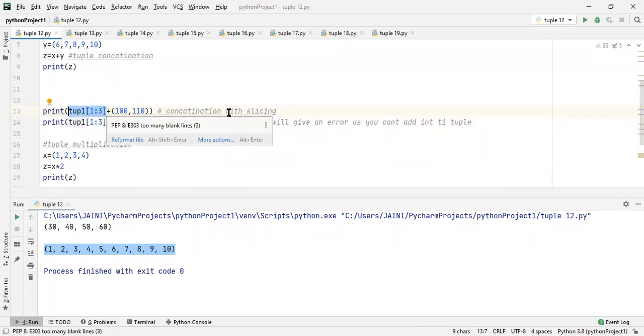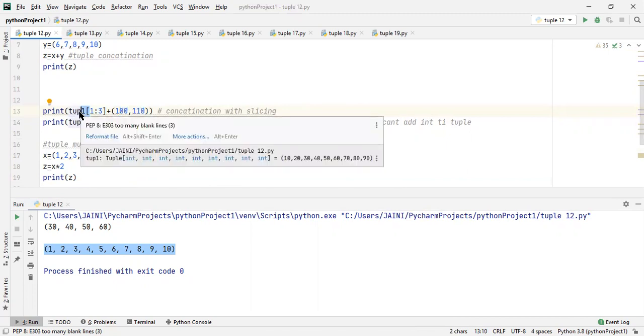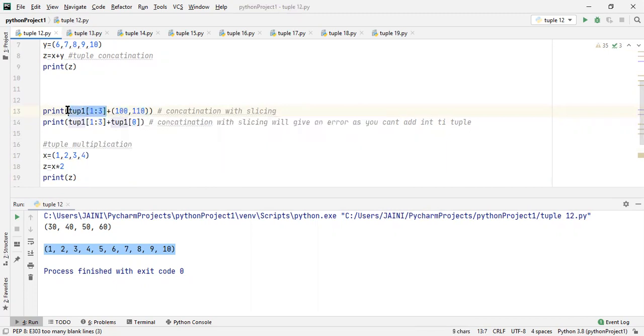Now, remember, with a plus operator, both the operands have to be a tuple. Because we are using a slice of a tuple, which is a sub tuple itself, it will work. And this became a tuple because we have separated two integers with a comma.